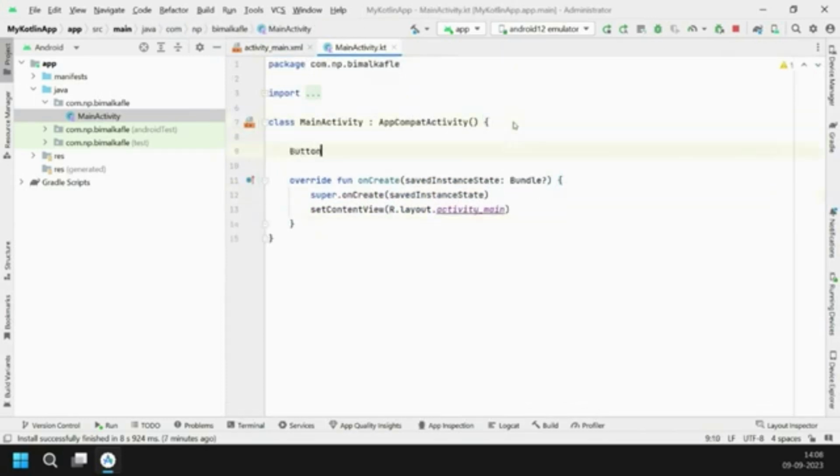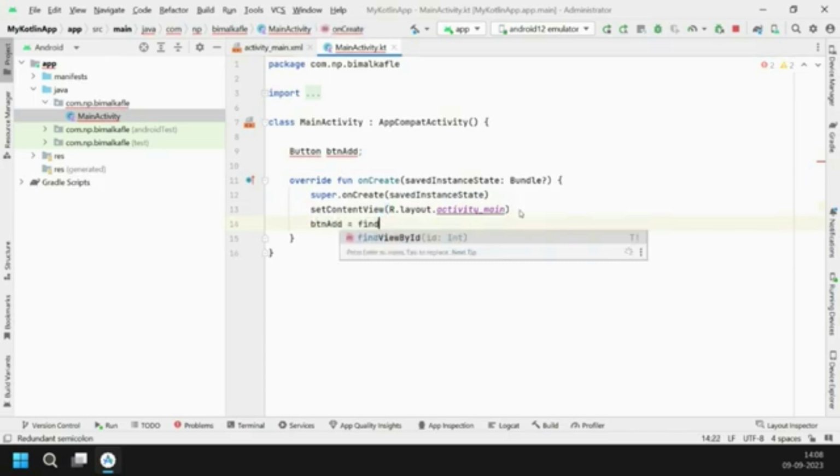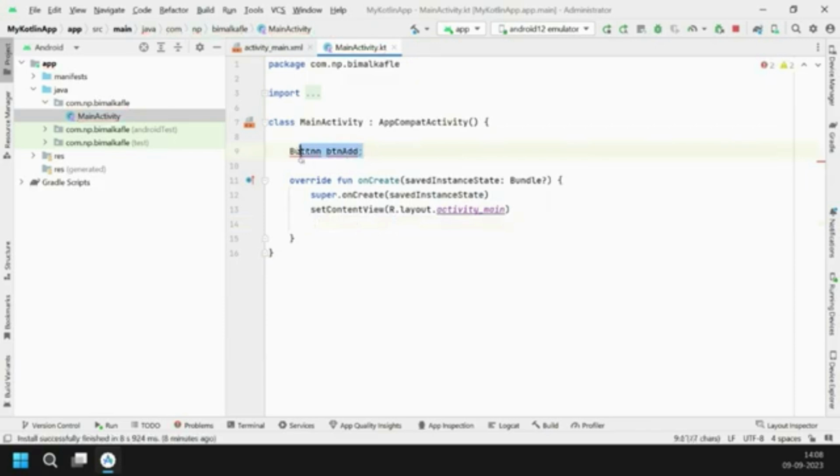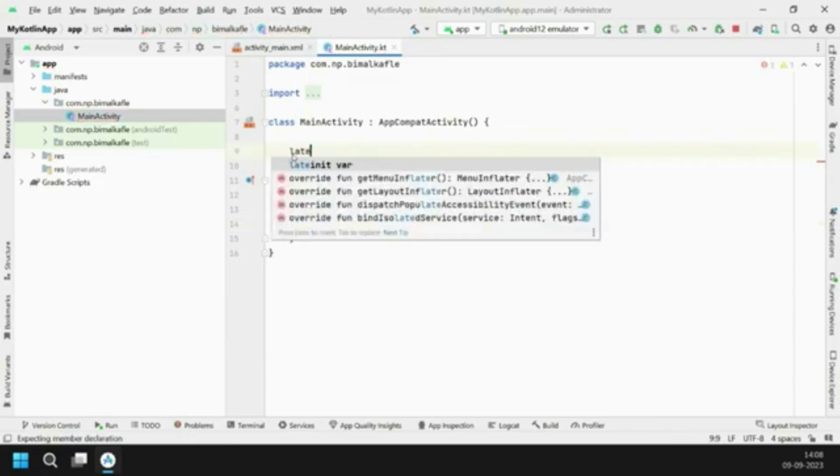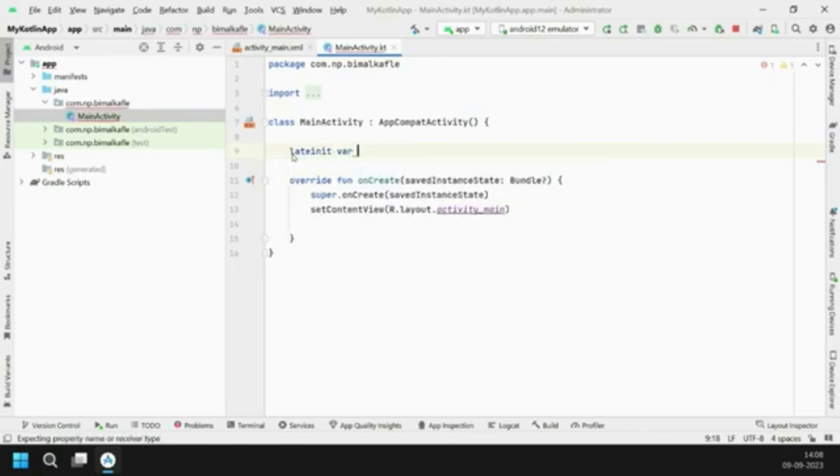I need to write data to mention what exactly it is I am using. So as we know, whatever we use, we need to initialize those things. So here I am trying to initialize the button. Here the pattern of writing is a little different for the variable.